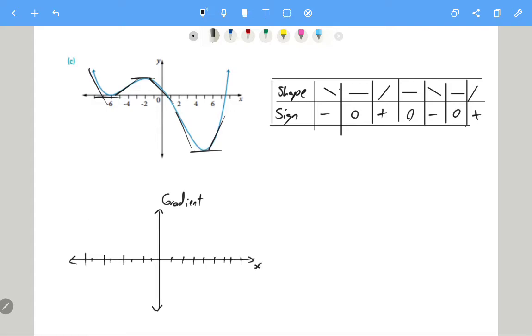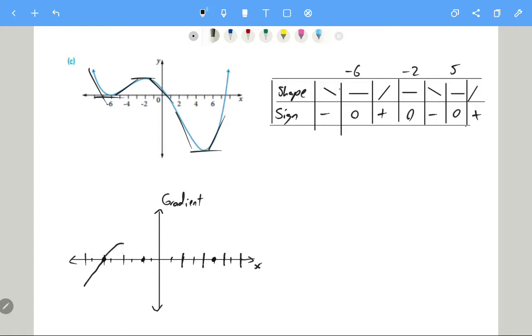Let's draw up the axis. Let's start off by putting in all of our 0 points. That first one here happens at -6, the next one here happens at -2, the next one here happens at around 5. So let's put those zeros in on our gradient graph. So -6 is here, -2, and 5. And then we just need to know which way it is behaving before that. Well, it's negative before,